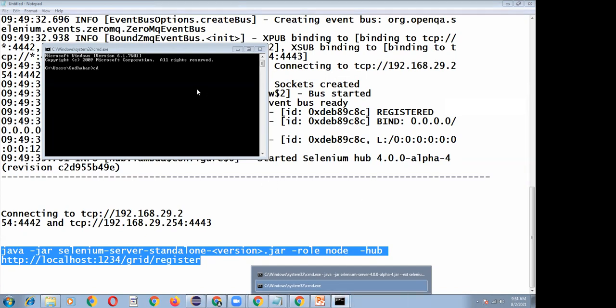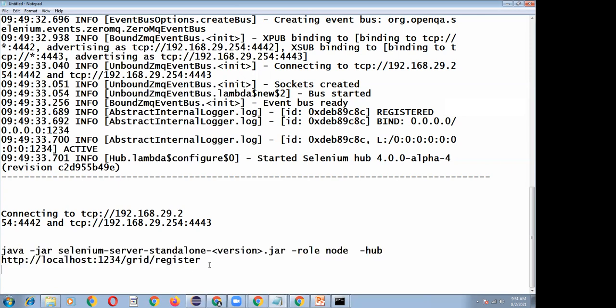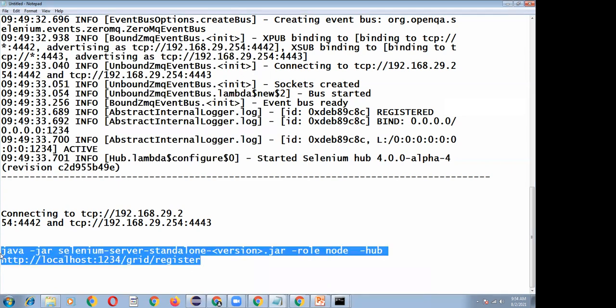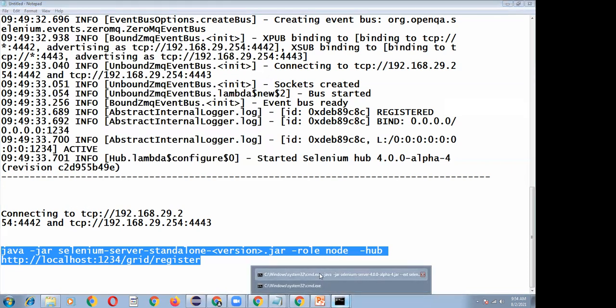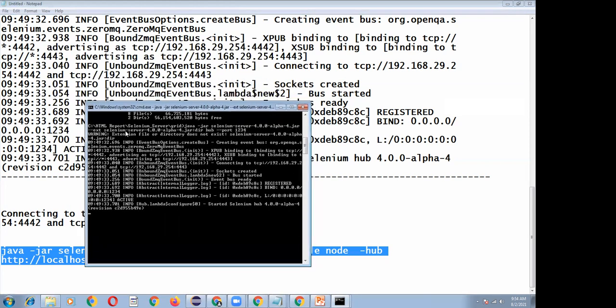This is the command I have to execute from the remote node system, so that this node system will connect to the hub system. Once both are executing in the command prompt, the hub server is running here, and the node system also executes in the background.